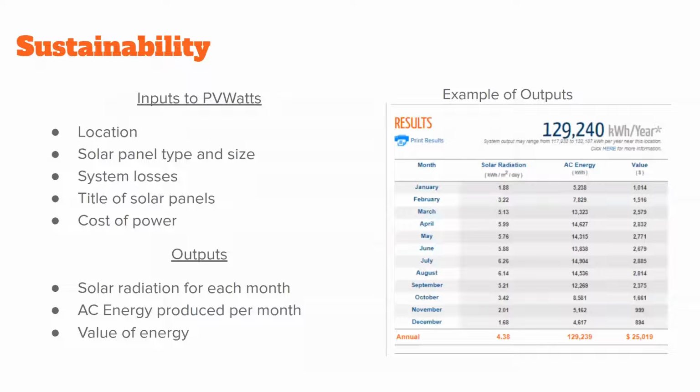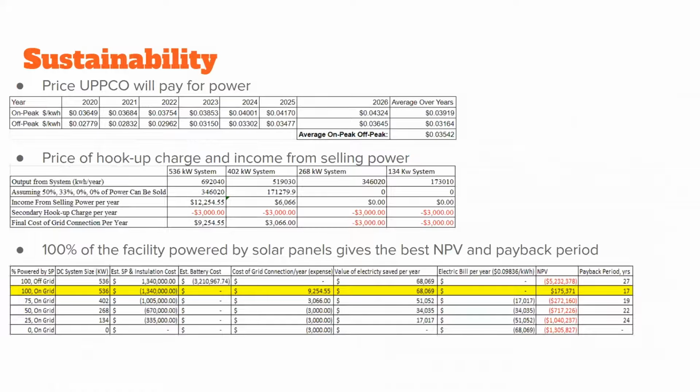So this is the PV Watts website, and this is just a little example of what you can expect if you go there. For inputs, you size the solar panels. You put in the location, because of course sun varies depending on where you are. Then the solar panel type and size, to figure out if it's going to produce enough electricity, system losses, the tilt of the solar panels, and the cost of your power in the area. And then the outputs are the solar radiation provided for each month in your location, as well as the AC energy produced and the value, which depends on what your local utility is charging for the electricity. And this was our results